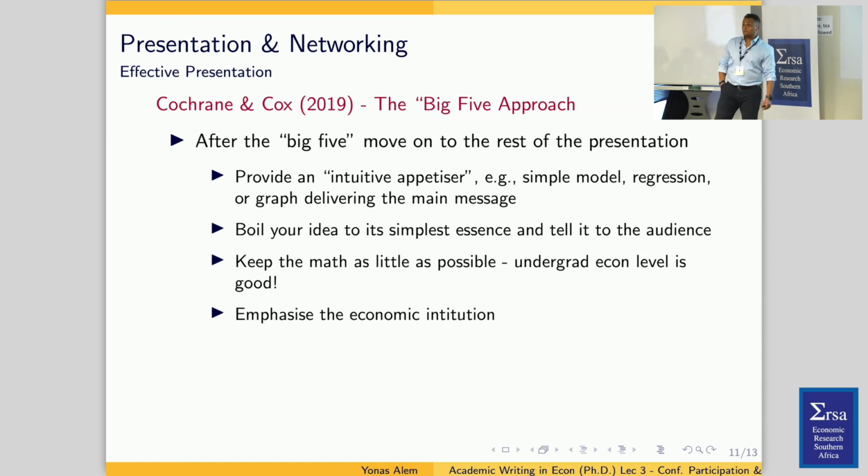Undergrad econ level is good, even in a presentation, because most of us cover dynamic optimization in the PhD program. I'm very confident that nobody remembers how it was solved. Because you always remember what you work on, right? If you're working on RCTs, you just follow ITT, average treatment effect and things like that, and you don't really remember dynamic optimization or linear algebra. So if you keep that kind of model, people, even if they covered it a long time ago in the PhD, don't remember. So the point is, tell them that you do that, but you don't need to go through the details on how to solve it.